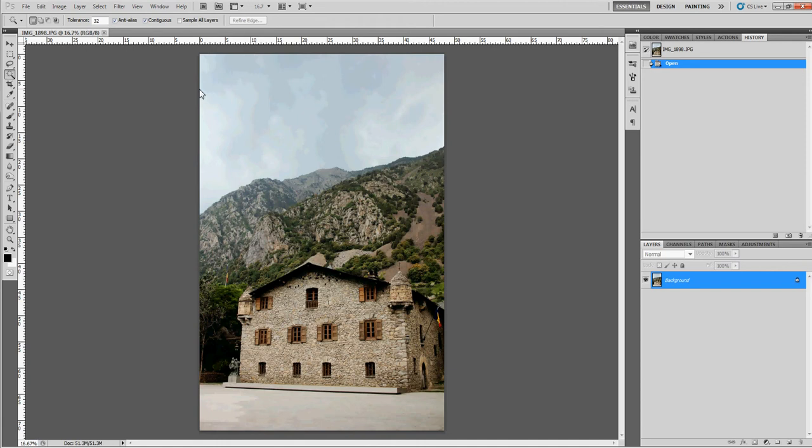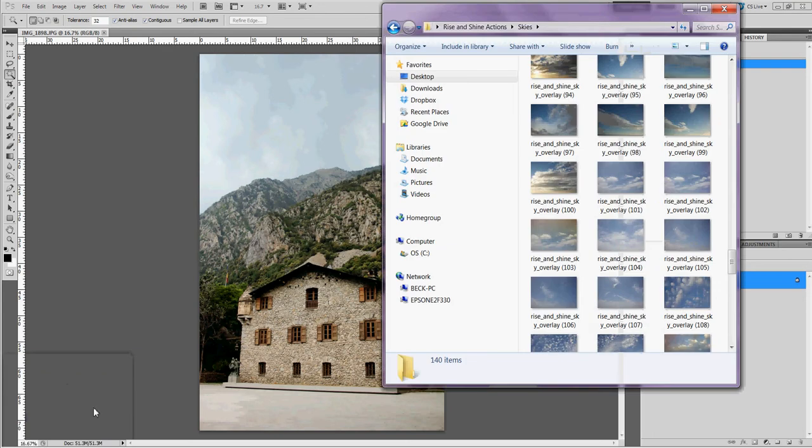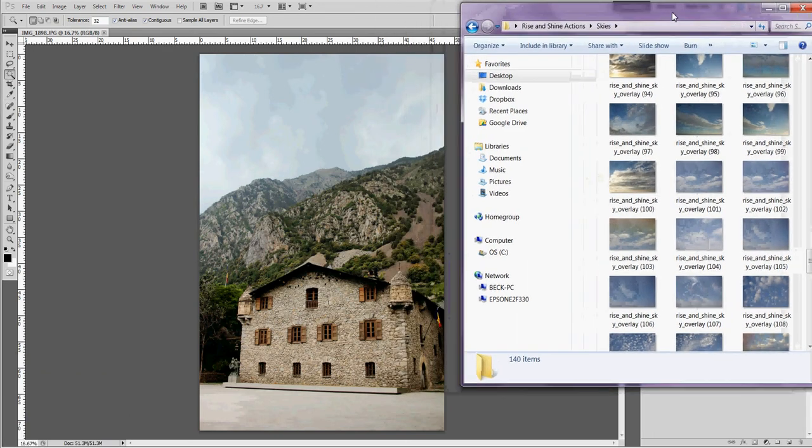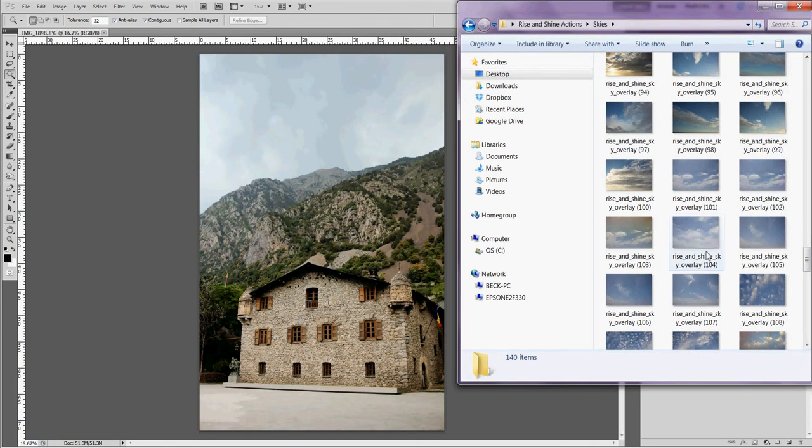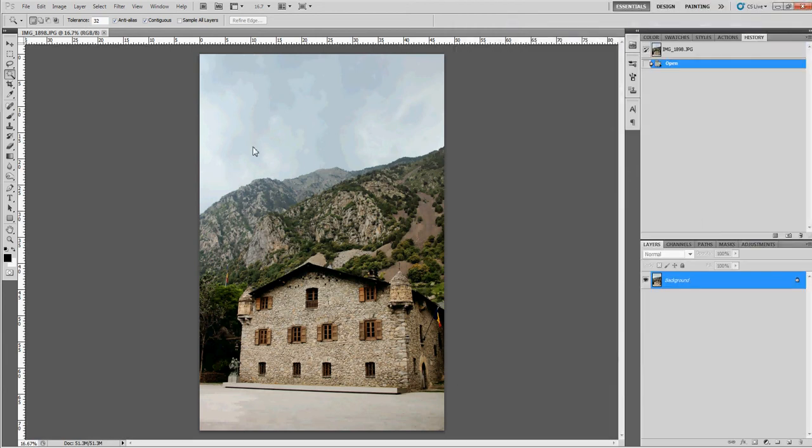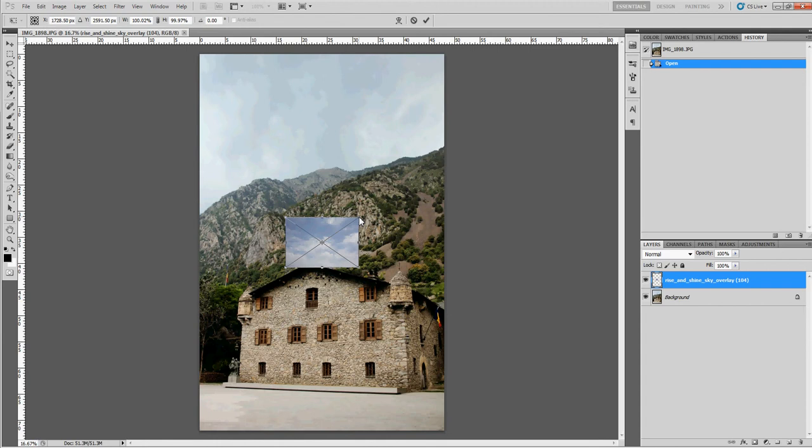This is going to be a quick, easy tutorial on how to use the sky overlays from the set that has just been released. The first thing you want to do is open your image that you'd like to use your overlay on. I've already done that, and I have my folder of overlays over here. The easiest way for me to do this is to drag and drop right onto your image. There are plenty of other ways that you could get it done, but I think that this is probably the